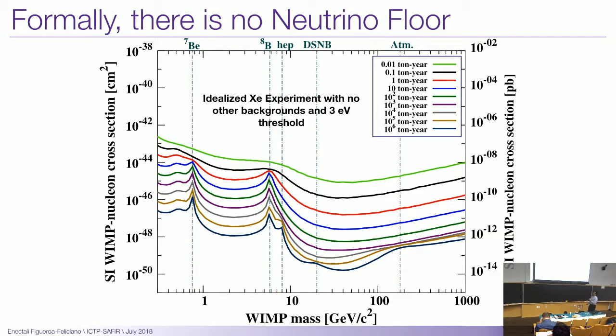Because if I take more and more exposure, my statistical uncertainties in the measurement of the neutrinos keep going down, and I would be able to see an increase over that statistical uncertainty. Not only that, there are some given uncertainties on the actual flux that I can't get over,